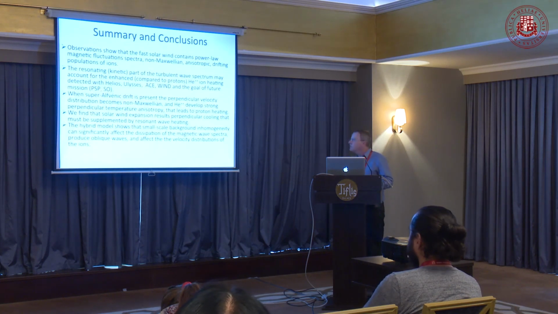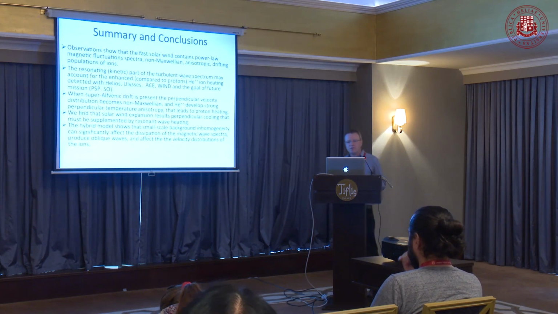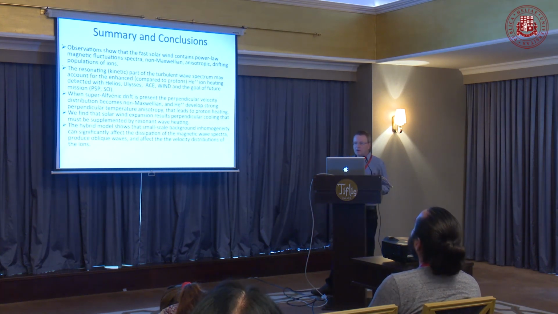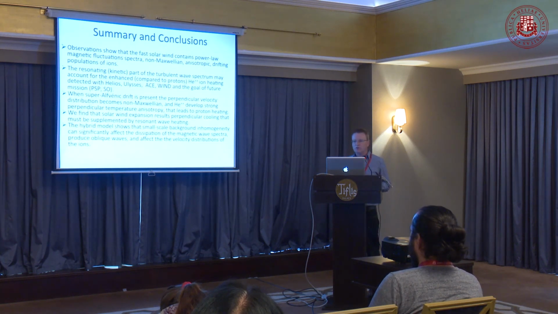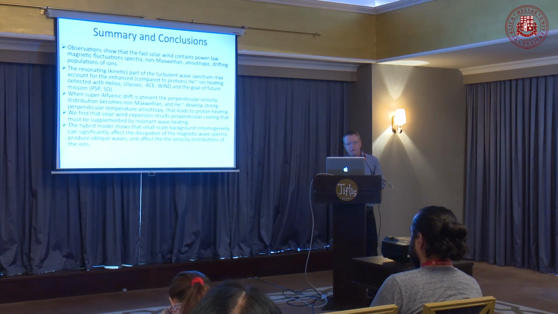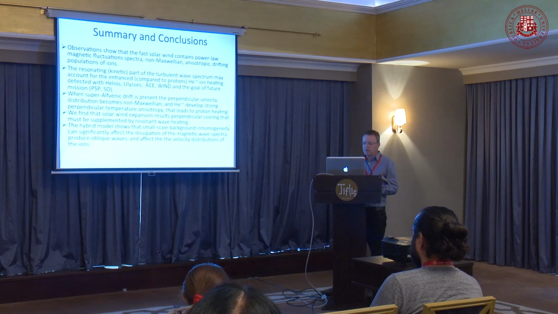To summarize, we have observations that show that there's a fast and slow wind, and both contain magnetic fluctuations and evidence of waves. But in addition to what we know from the studies so far in the fluid regime, when we start to look deeper, we see non-Maxwellian velocity distributions, anisotropic temperature, drifting ion populations, and effects of kinetic instability. So this needs to be modeled properly in order to study the heating, which is basically a collisionless heating,